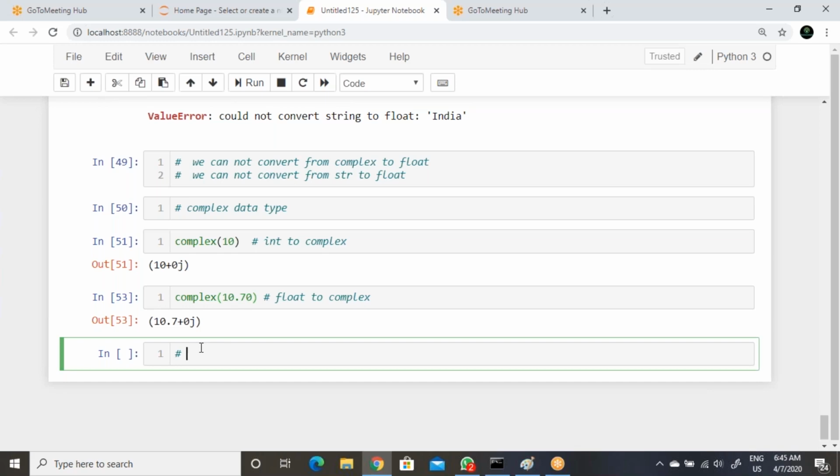But in a similar way, we can convert from integer to complex.